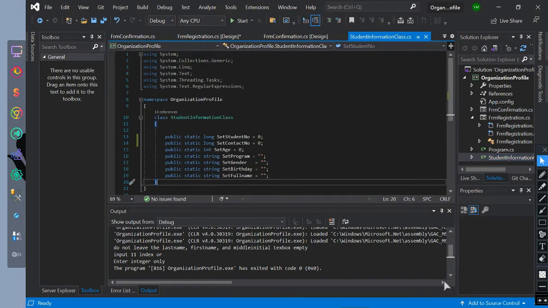Then we create a class. It has a namespace of organization profile. The main class name is Student Information Class. Inside of the class we initialize